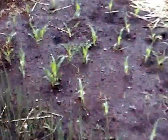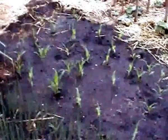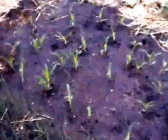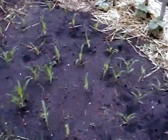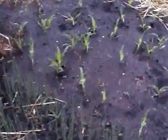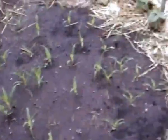Planted these 3 or 4 weeks ago. They're about 8 or 9 inches high now. Second crop of sweet corn. As I was saying, there's a continuation. So once these finish, about a month later these will come up. So I'm planting